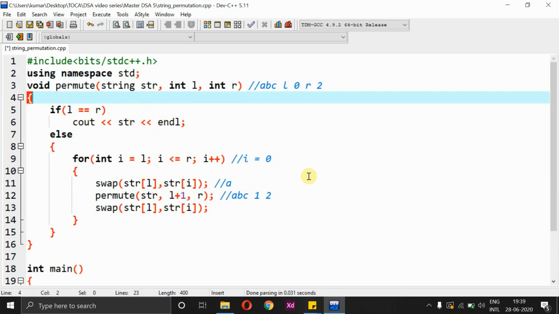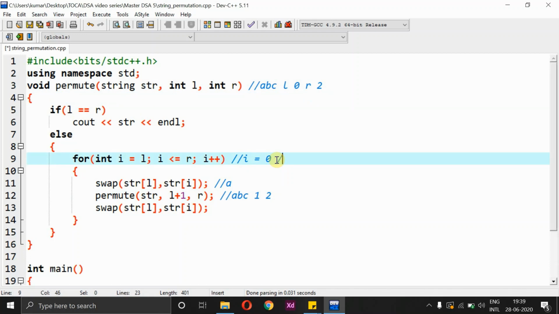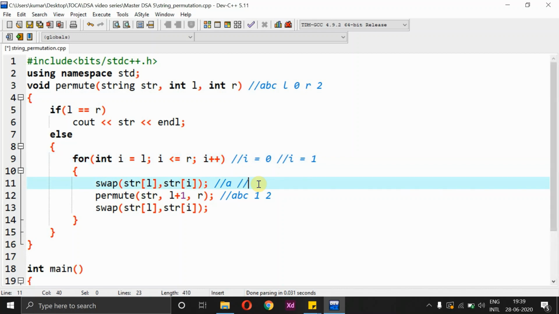So again I'll go into the for loop where now I value is 1, right? So now I value starts with 1. The condition is true. Again I'll come inside the loop and try swapping L and I, where L value is equivalent to 1 and I value is also equivalent to 1, right? In this case, the same value will be swapped, so there won't be any changes here.